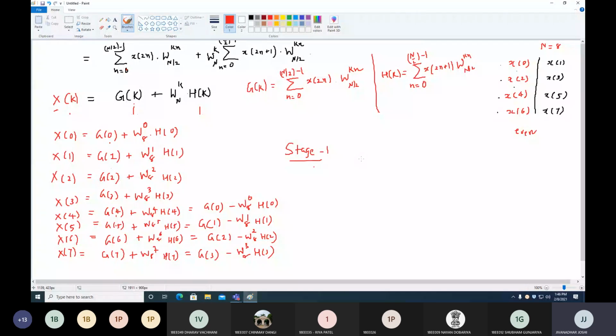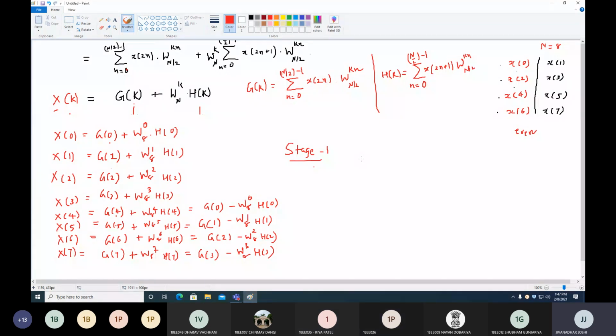Do you understand what I am saying? Yes or no? x of k is equal to, so put values of g and h and get values of x of k. So who is the input and who is the output? G and H are inputs. X is output. Okay, and that's what we have followed in the butterfly diagram. At the input side we have g of k and h of k, and at the output side we have capital X of k. Is it like so or not? It was like that, right? Yes, sir. Okay.